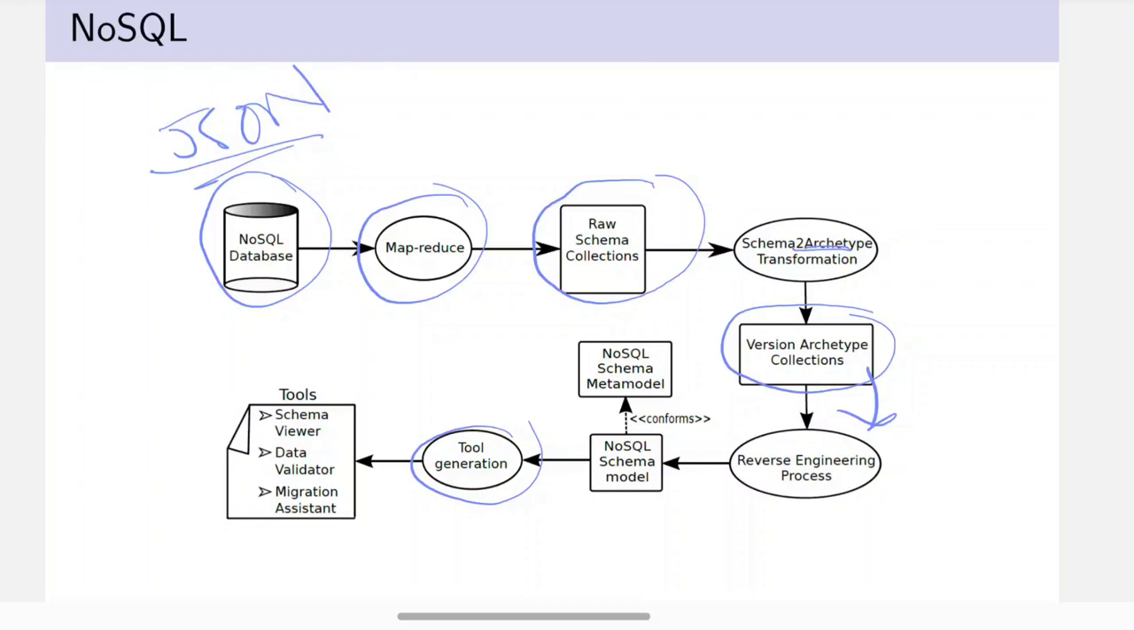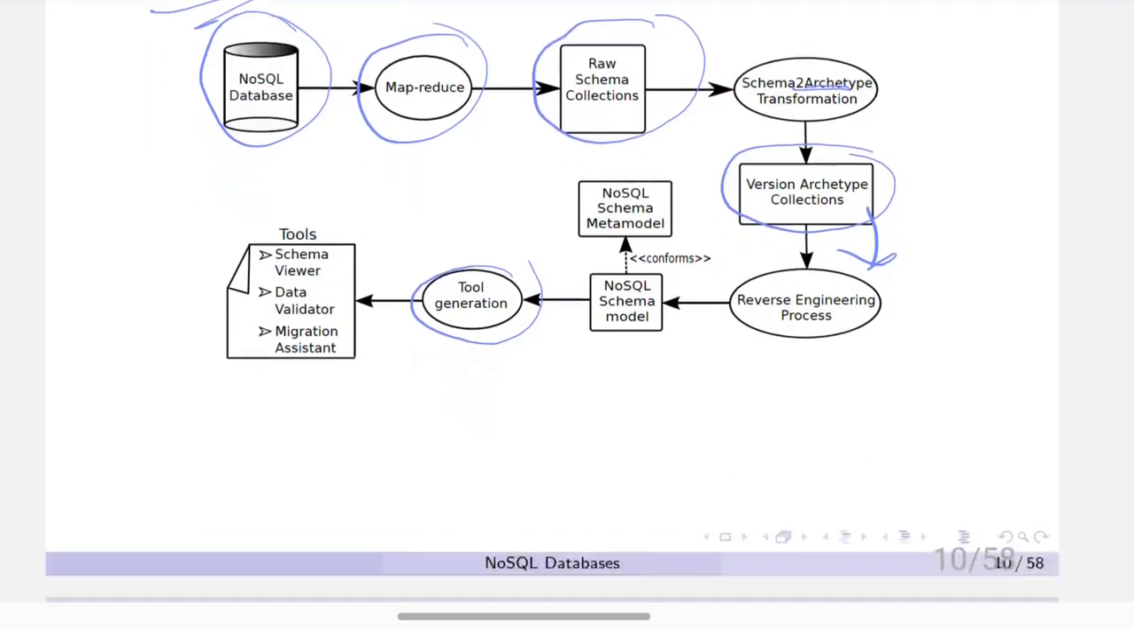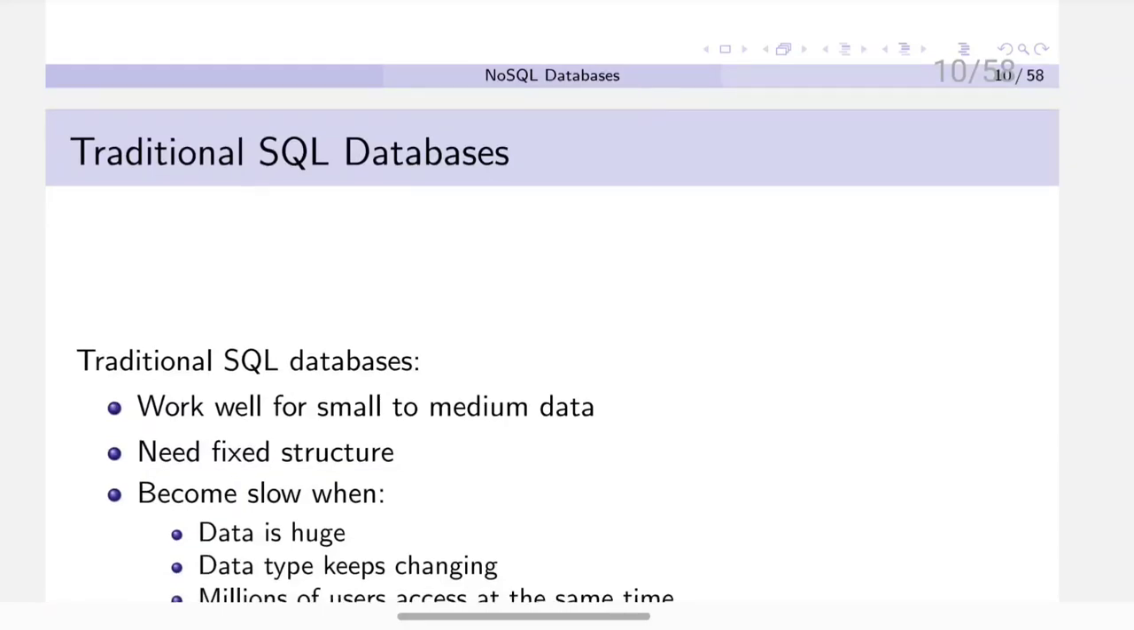So this shows how NoSQL stores related data together in JSON documents, unlike SQL which splits data into many tables, okay. So this is the process to discover a schema from a NoSQL database and use it automatically to create useful tools like validators or migration helpers, okay. This is about the diagram. Now if you look here,